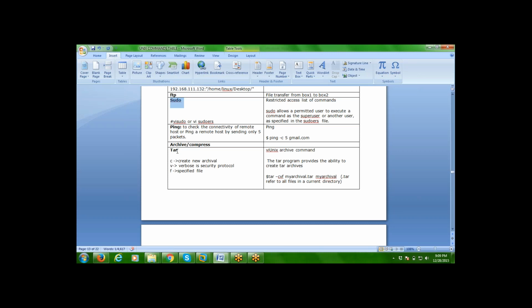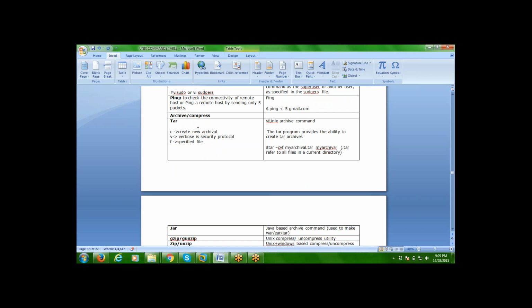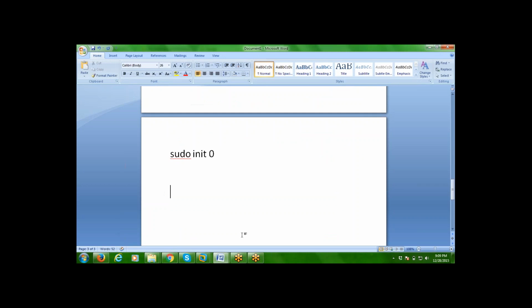Next, archive or compress commands. In the sense, more than one directory I need to compress into a zip file. Like that, in Linux also, I need to compress into tar or jar files. So, compress commands or archive commands. There are the following commands actually. The first one,